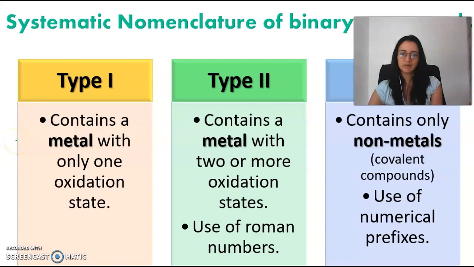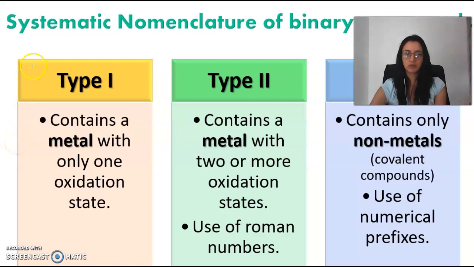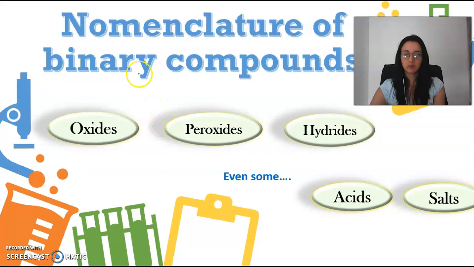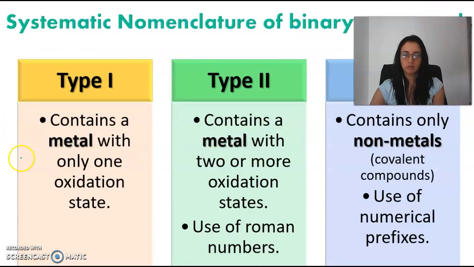Hello ladies, so once again to recap what we are doing, we are looking at nomenclature, that is how to name compounds, and more exactly we are focusing on binary compounds, so how to name oxides, peroxides, hydrides, and even some acids and solids because the system is the same, rules are the same, so we are checking also some of them. So we have covered already type 1 compounds in which the element in the compound is a metal